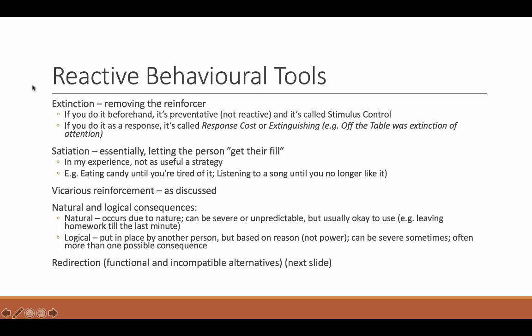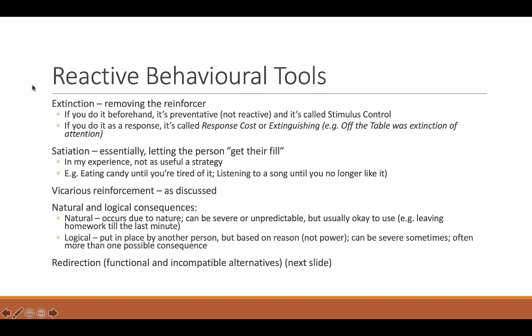Okay, let's talk now about some reactive behavioral tools. And a reminder that reactive strategies are strategies we use when the person uses the undesired or troublesome behavior, and it's our way of responding so that we minimize any problems or damage from that behavior, try to bring it back down to normal as soon as possible. As well, it's helpful to try and find things that are going to be constructive or are going to help our proactive strategy. At the very least, we don't want to do something reactively that confuses or frustrates our proactive strategy. So the first of these is called extinction.